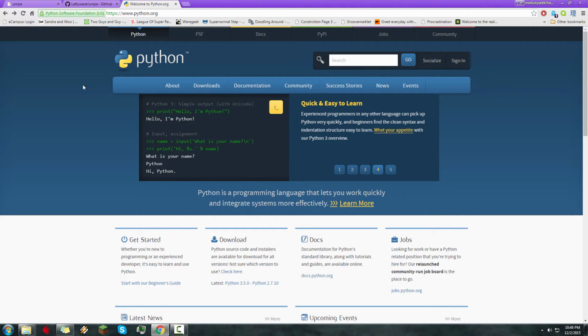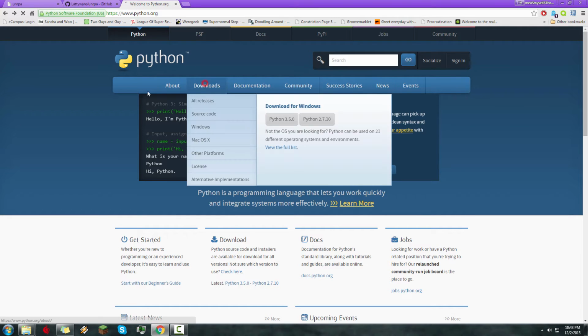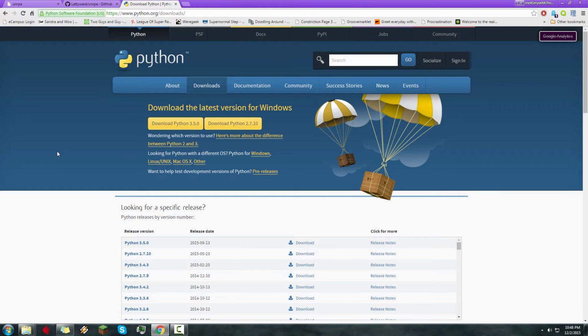So you go to Python here. It's literally just python.org. You click the downloads. Here's the second important part. Make sure that you do not download Python 3, the Python 3 version. Just don't do it, it doesn't work. All right, make sure you click the latest Python 2 version. So in this case, the one I have is 2.7.10. And you click download, and that will open up